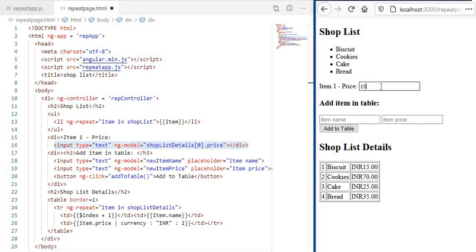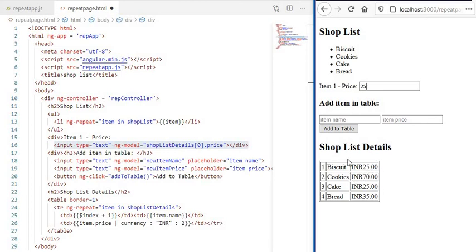Suppose I remove this, and when you remove it, you can see instantly how it changes in the table. Here, instead of 15, I have typed 25. You can see 25 here also. So like this we can change all the items present in the shop list.